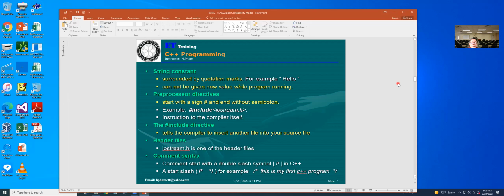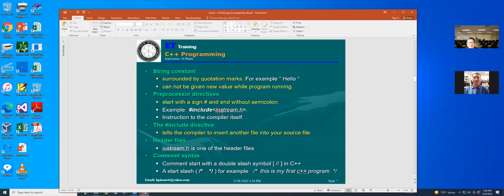Okay, and the next is the preprocessor directive. It starts with the pound sign, like you say include iostream.h. This header was written by Microsoft, and they do everything for you. So when you want to use it, you need to use include.